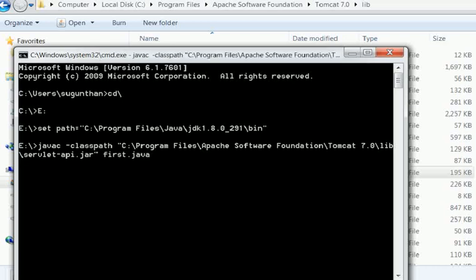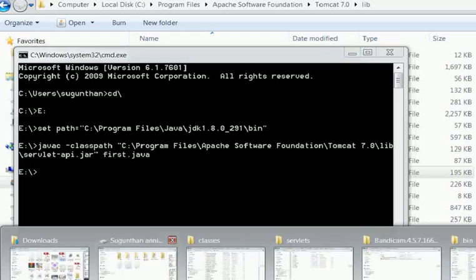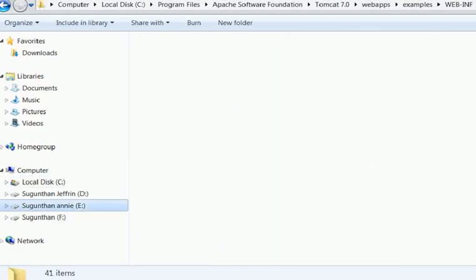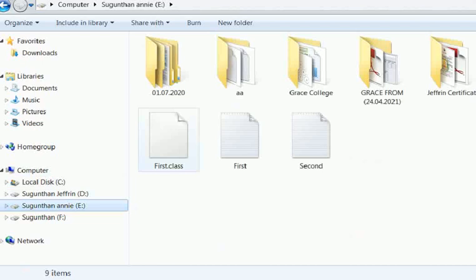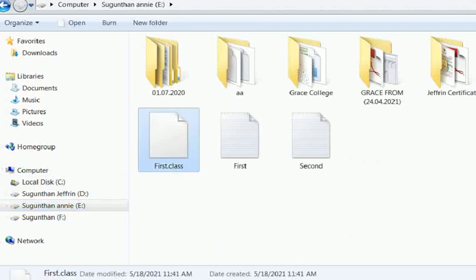Enter. Okay, there is no error. Let's see the E drive. Here see first.class. The class file is created.